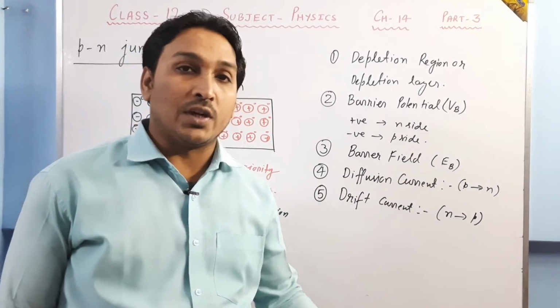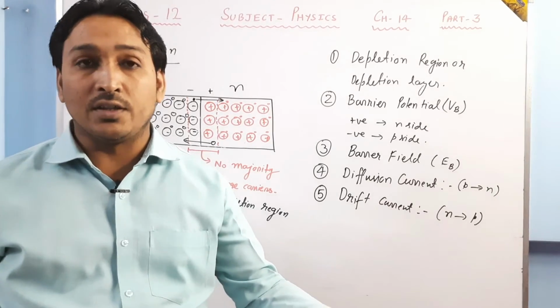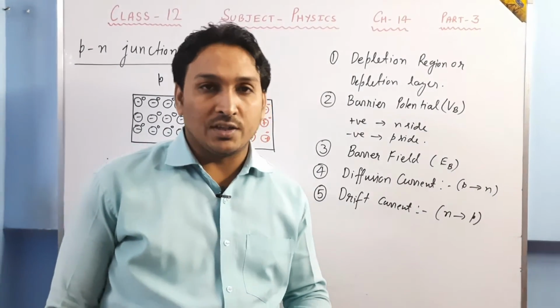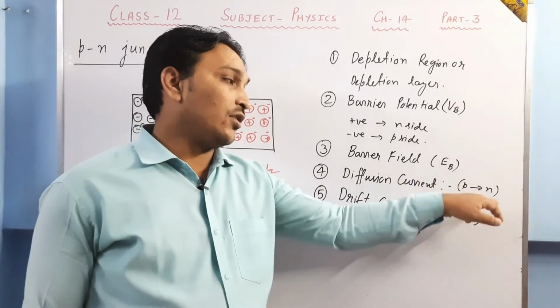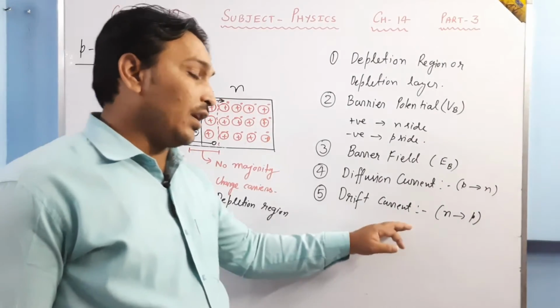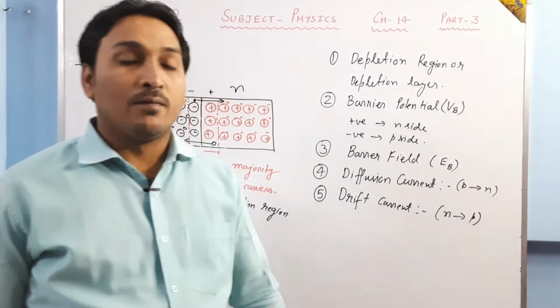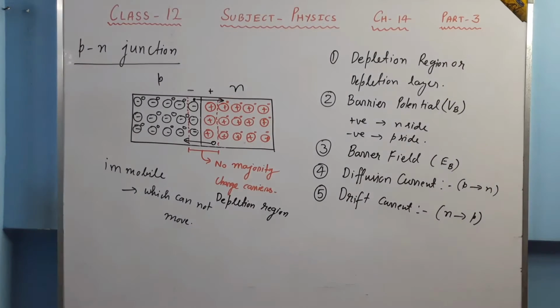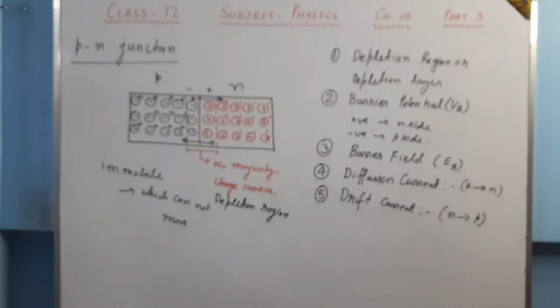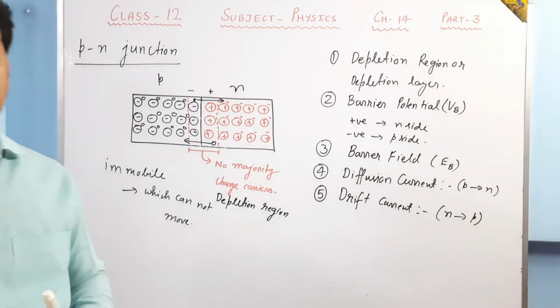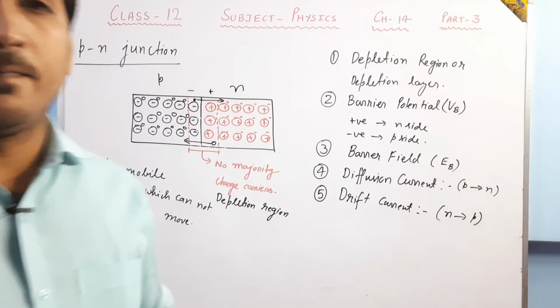Diffusion current is due to diffusion of charges, and those charges are basically majority charge carriers. So that is called diffusion current. Its direction is from P to N. Drift current is due to flow of minority charge carriers. There is a current which is called drift current and it flows from N to P. So basically this is all about PN junction when there is no cell connected. Now let us understand the biasing of PN junction. There are 2 kinds of biasing, one is forward biasing, one is reverse biasing. Let us try to understand what are those.